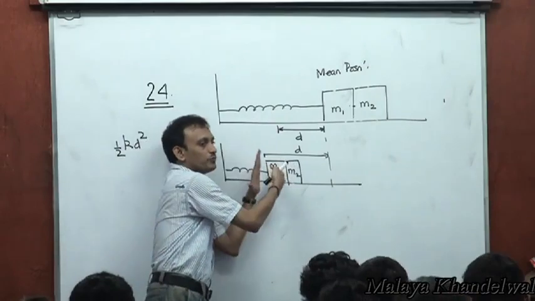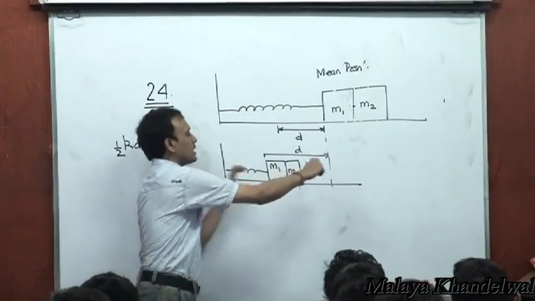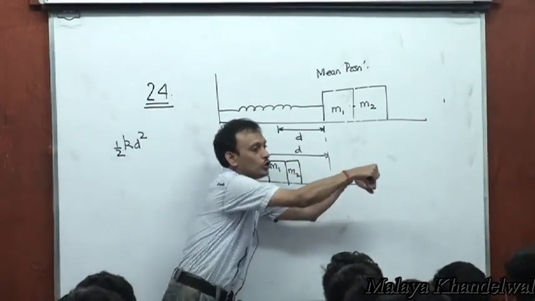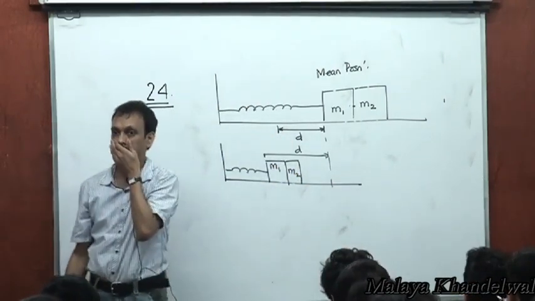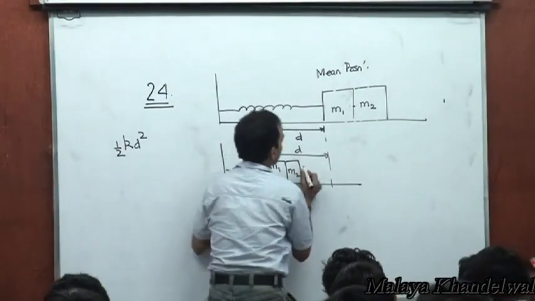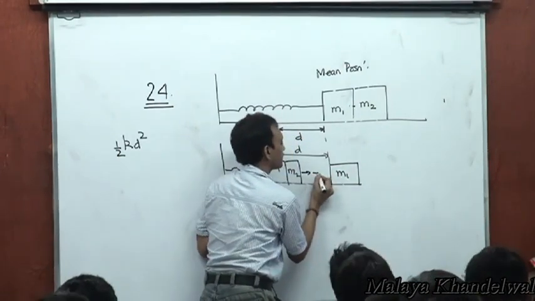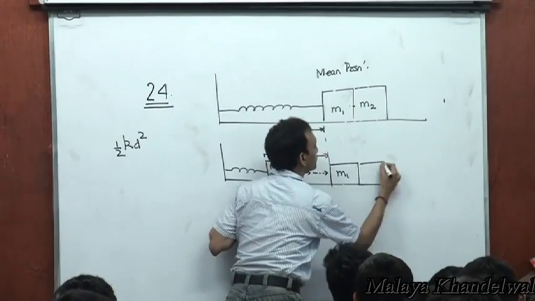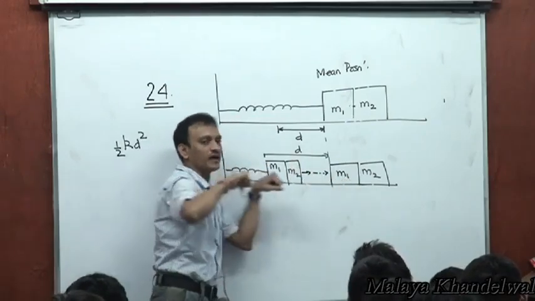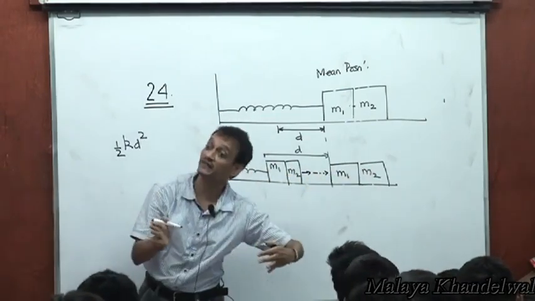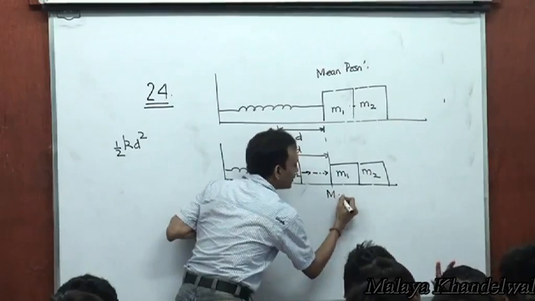And now the spring would begin to unfold. It would open up. So when it opens up, it pushes the M1, M2 combo rightwards towards the mean position. Eventually, when M1 and M2 arrive at the mean position, the spring has been pushing M1 and M2, and they move together, right? Once they reach this mean position,